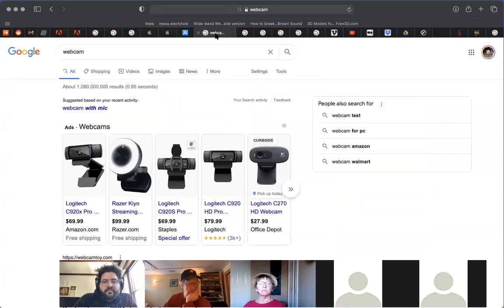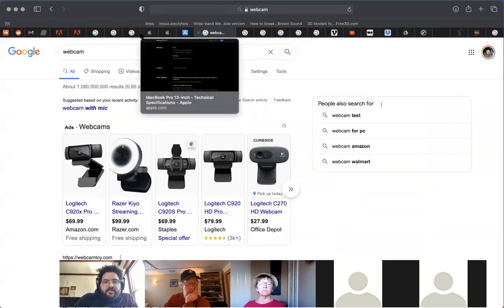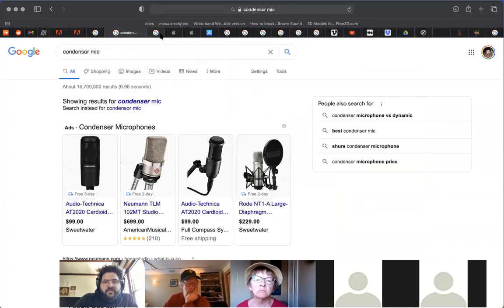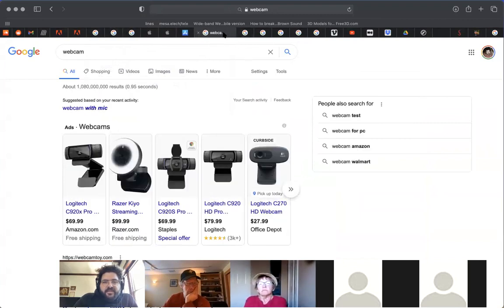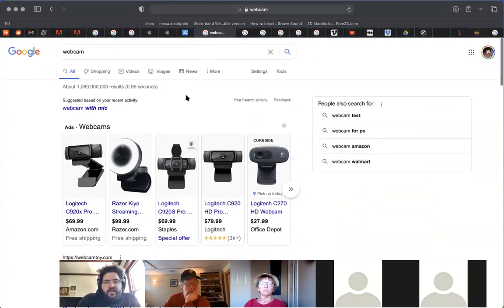So again, just to cover them, if you do want to upgrade or do something other than your phone, much like with the interfaces, you need a separate device of some kind. In this case, for your computer, that would be a webcam of some kind. And they come in all sorts of different flavors. All you're looking for is what resolution it records in. Something like 720p would be like my computer. There are some computers that have higher quality ones. So if you want something really high quality, you might try to find a 4K or 2160p or 1080p